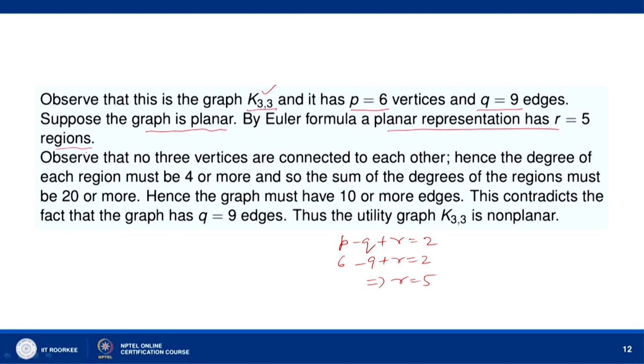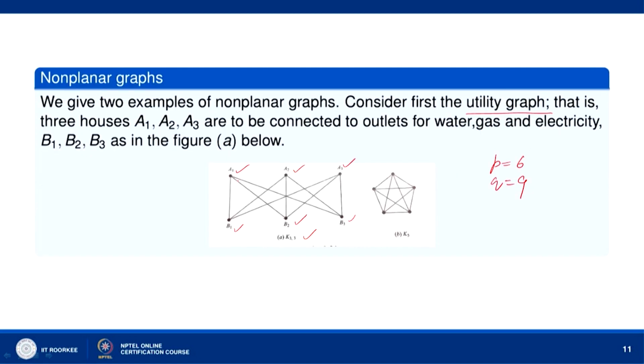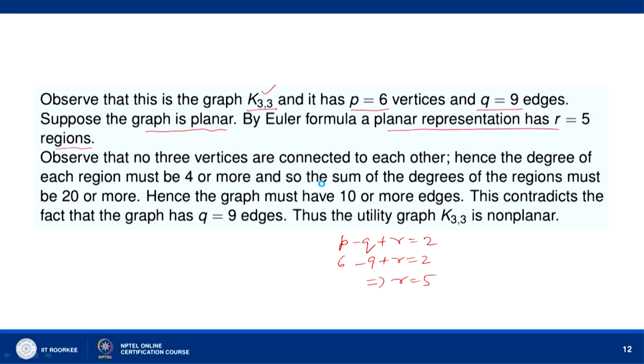Now, we can notice here that no 3 vertices are connected to each other. You can take A1, A2, B1: A1 is connected to B1, A2 is connected to B2, but A1 is not connected to A2. And you can take any other 3, say A2, B2, B3: A2 is connected to B2, A2 is connected to B3, but B2 is not connected to B3. So, no 3 vertices are connected to each other